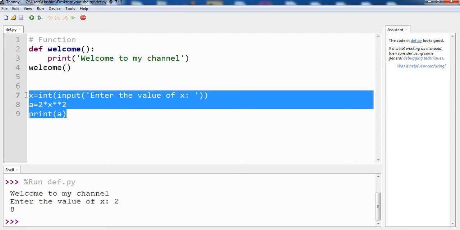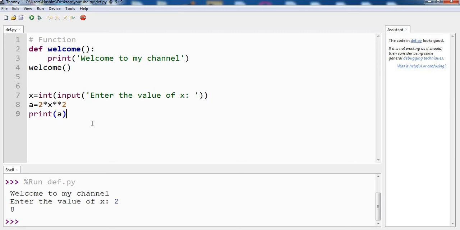Now let us write the very same program but by creating a function for it. So let us create a function. Let's say def doCalc with x. Okay, you are free to write anything, of course, just make it meaningful. So let us write the code which will actually do the calculation.